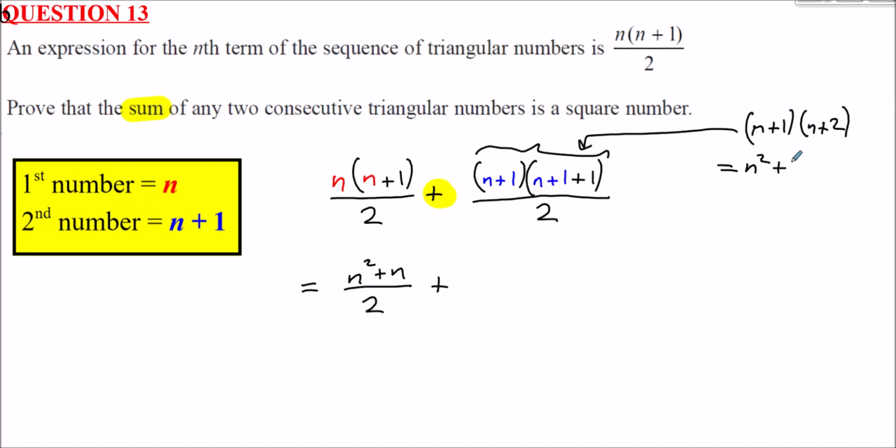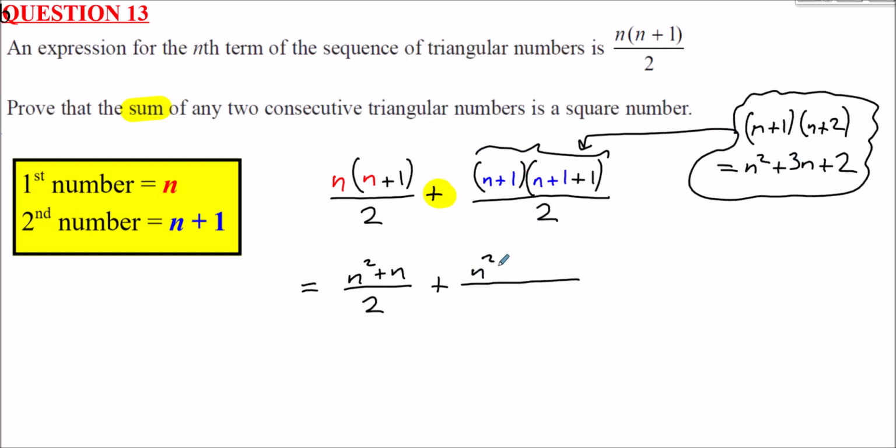If that was too quick for you, which may be a fair point, I'd suggest using the grid method for expanding brackets. But essentially, what I'm trying to say here is, if I expand out this top here, I'd get n squared plus 3n plus 2. So just write this in here, and again it's all over 2. Both fractions are over 2, which means I can combine them into a single fraction with a common denominator of 2. So if we do that next,